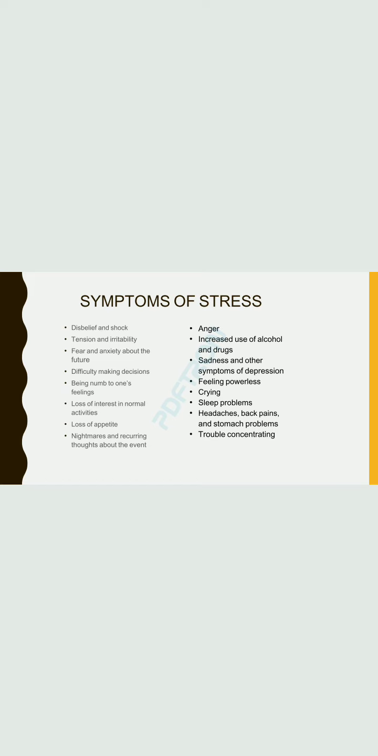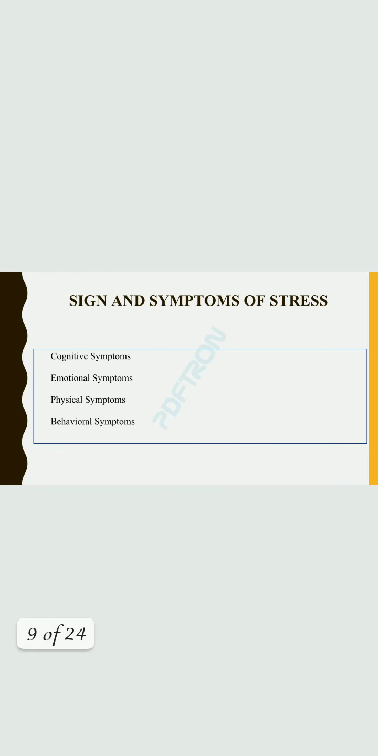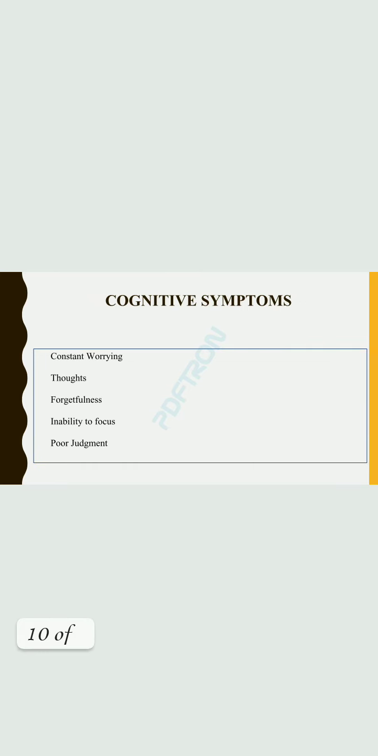So the psychological and the physical symptoms also rise because of different levels of stress. Signs and symptoms of stress are now classified into 4 categories: cognitive symptoms, emotional symptoms, physical symptoms, and behavioral symptoms. First one, cognitive symptoms. Cognitive symptoms may include